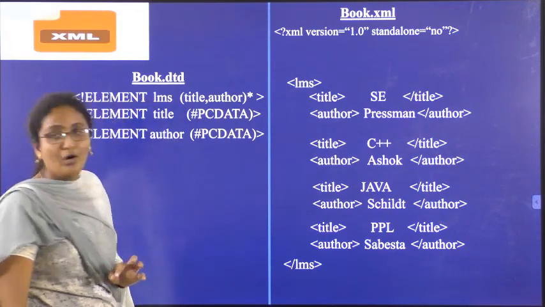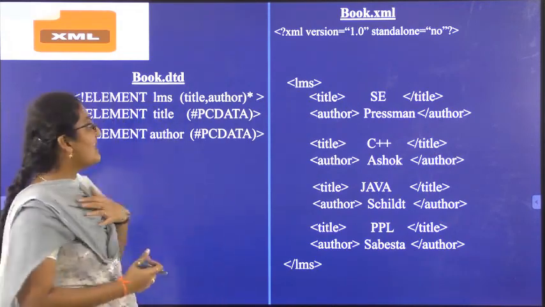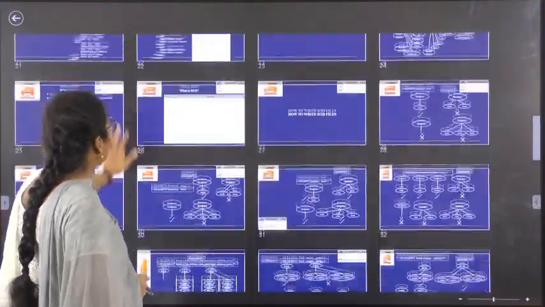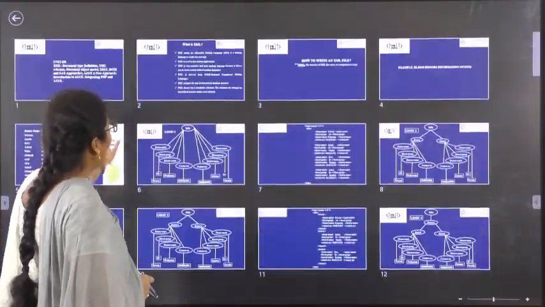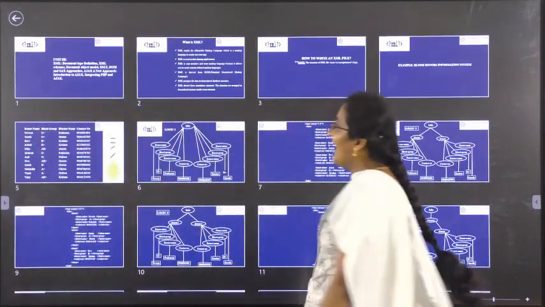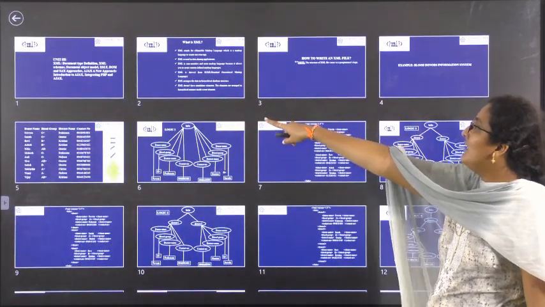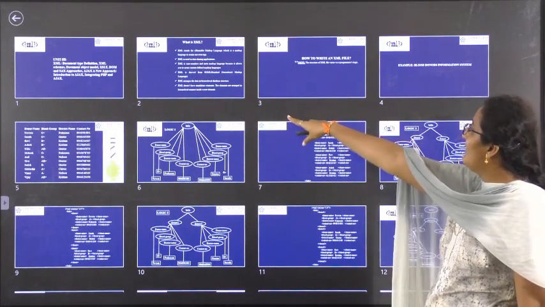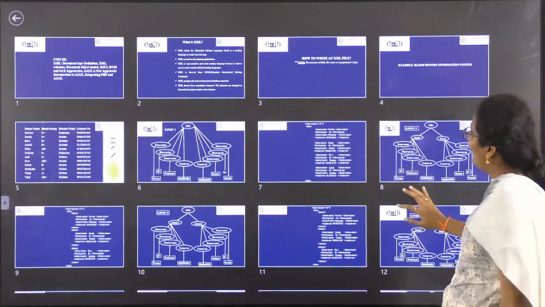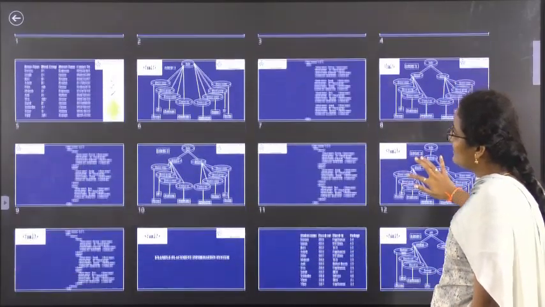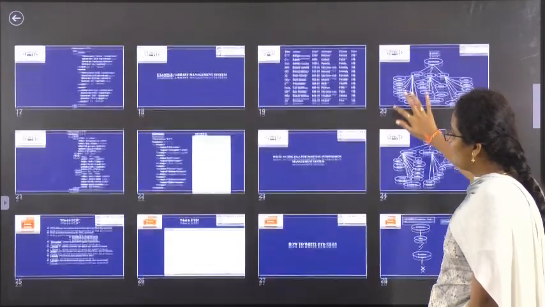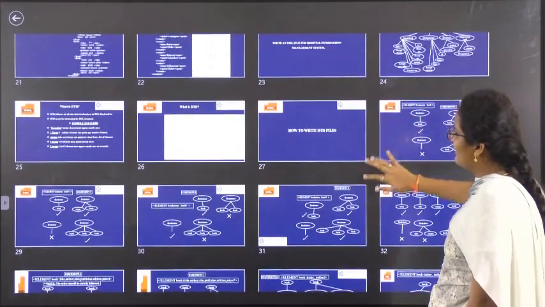So once we will see what we have discussed in today's class. First we have started what is XML, then we have defined what is XML, then how to write a XML file by taking the examples like blood donors, placements, library management system, hospital management system.